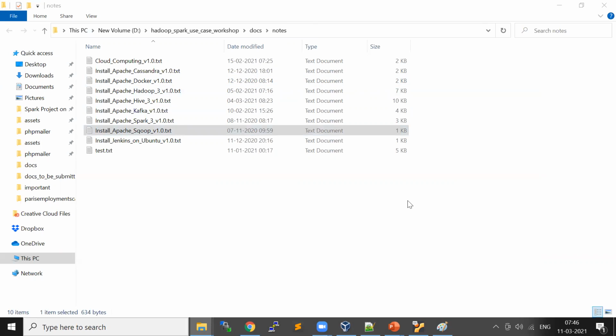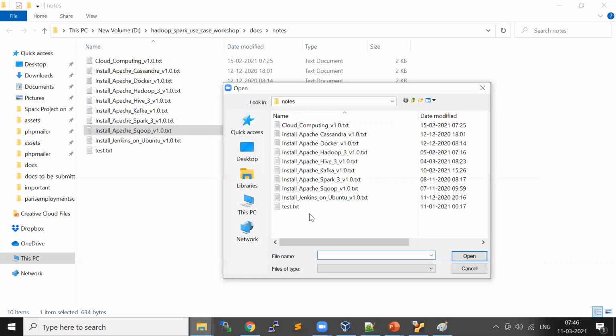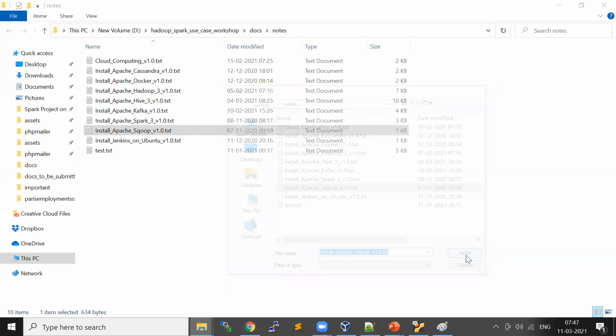I'll send you the installation steps. Anyway, I'll put it in Google Drive also, just for information.